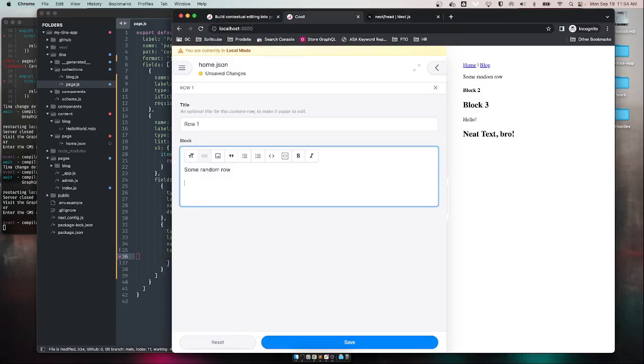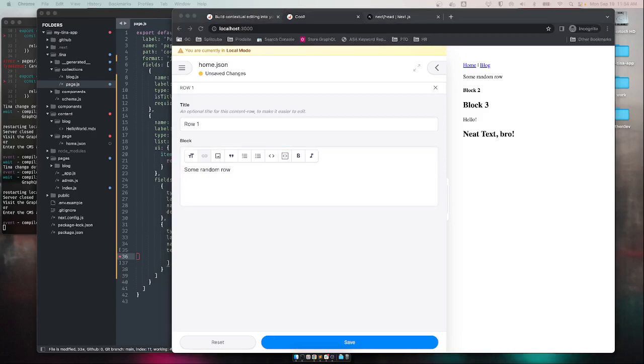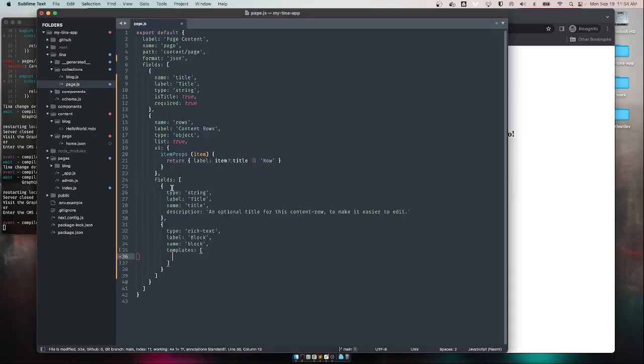So let's add... again, I'm looking at my other site off screen just so I can get some good info. All right, so let's say that we want to be able to add this image. I'm going to paste a whole bunch of code in here real quick, but I'll explain it, so don't